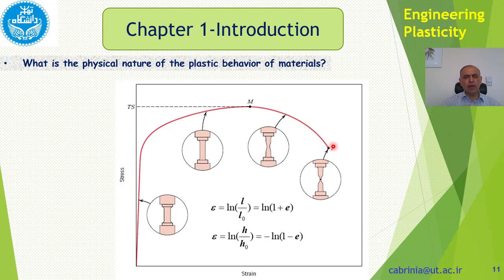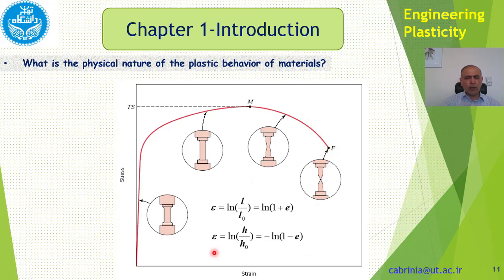We call these results phenomenological. That is, from the macrostructure of the material, not from the microstructure. We don't know what's going on in the microstructure with this test. With this test, we could get this point, which is the proportional limit, this point, which is the yield point, this point, which is the UTS, or the ultimate tensile strength, this point, which is fracture.